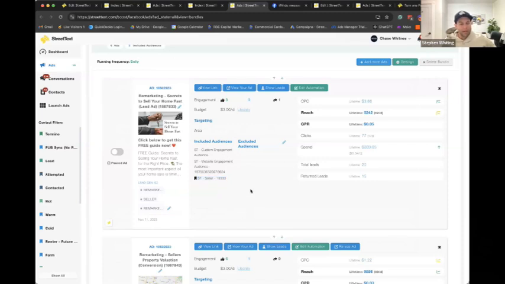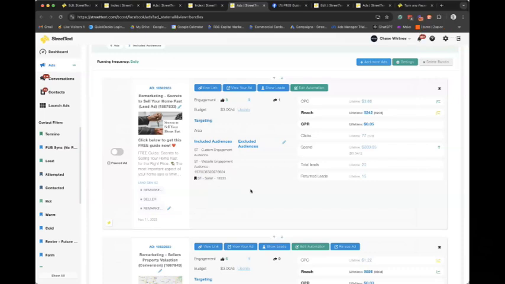So think about it as two buckets. Okay. One bucket, when I'm running my marketing, I want to attract new people to me. When I attract new people to me, I need certain ads that are going to appeal to people that have never met me before, that are interested in maybe, say, properties for sale or home valuations. And I want those ads to be targeted to people, let's say, specifically in Ottawa, or maybe an area of Ottawa that I want to. Got it.